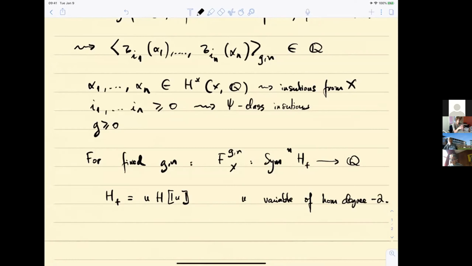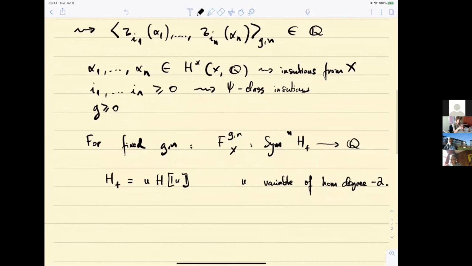Now, what do I mean by this? It's maybe confusing, but the idea is that if I wanted to compute, let's say, tau 2 of alpha 1 and tau 3 of alpha 2 for some cohomology classes alpha 1 and alpha 2 on X, I would simply look at